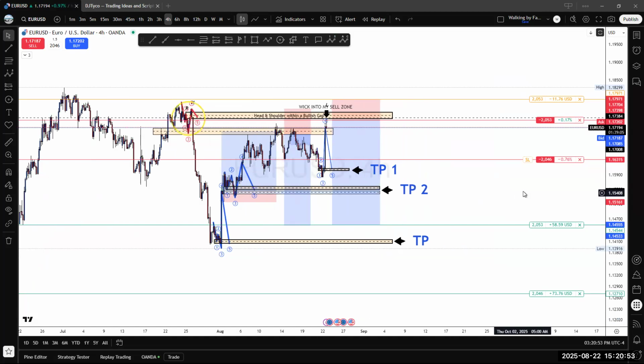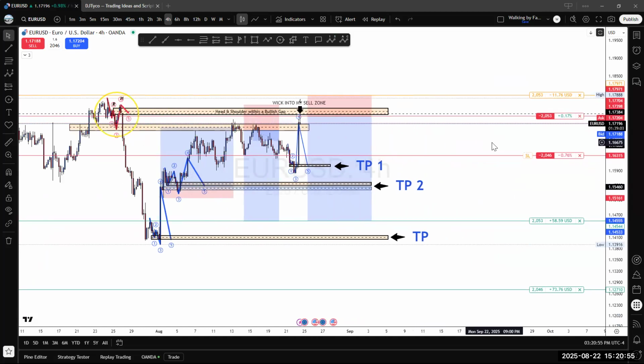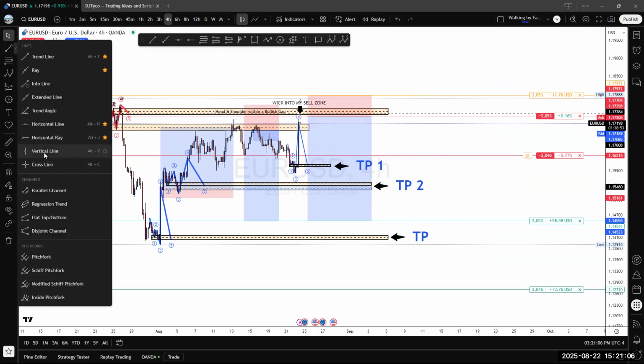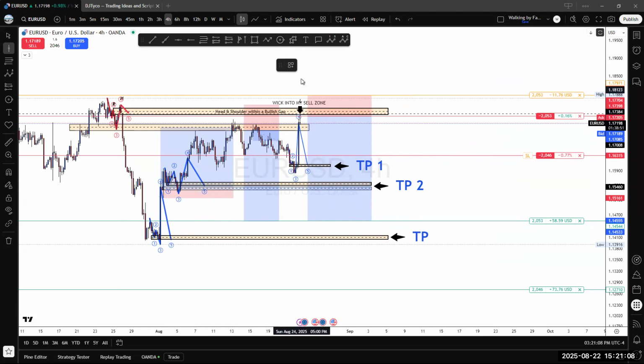This is why, when Owen Wright taught the whole faction, for example, Owen Wright said, and this is what made it like a breakthrough for me, when you see how it came to my zone, for us to get a better confirmation that it's going to drop, you put your vertical line right at the first candle that entered the zone. Yeah, I remember you was talking about that yesterday.